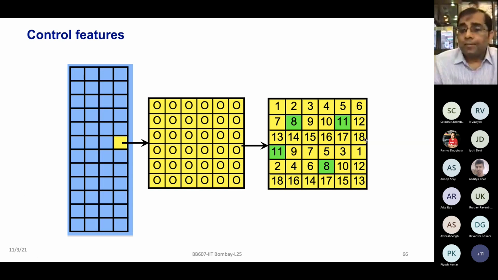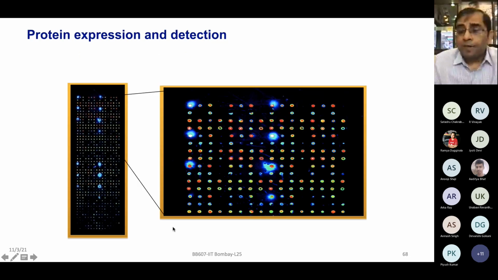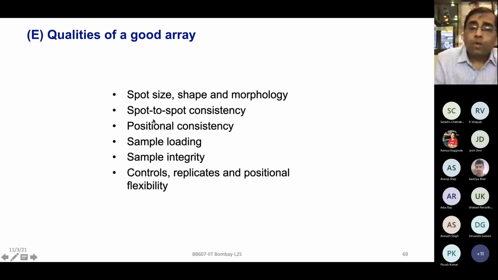And then when you are doing expression experiments, you will follow what my spot assemblies are and how I'm going to look for those on my printed slides. In this slide, you are just looking at the quality of the slides, and you can see the spots look pretty decent, and these are the purified GST proteins. This is an experiment looking for biomarker discovery, and P53 protein is quite expected to be expressed in these breast cancer patient samples. And you can see the P53 expression is very strong in all of these patient samples.